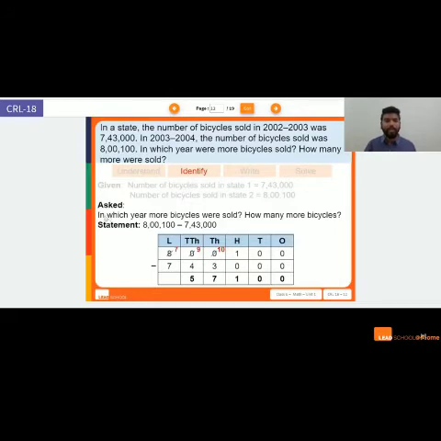Okay, the next part is writing the mathematical statement. Mathematical statement means representing the numbers by having operations in between them. Again, a quick place value table, writing the numbers according to their place values, and then solving the problem. Please do not skip this step.